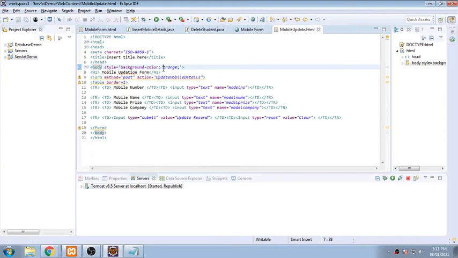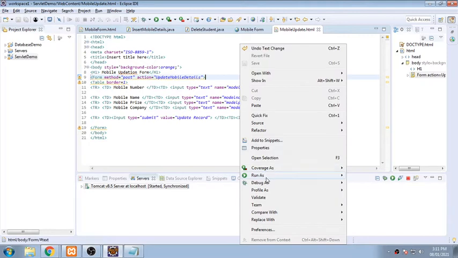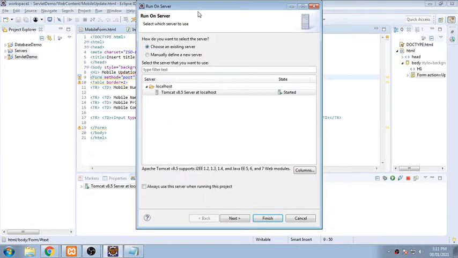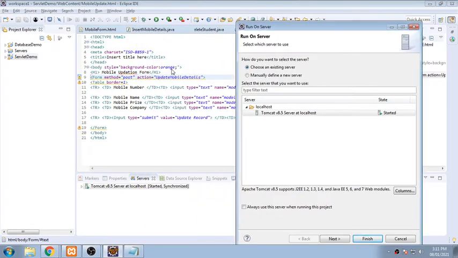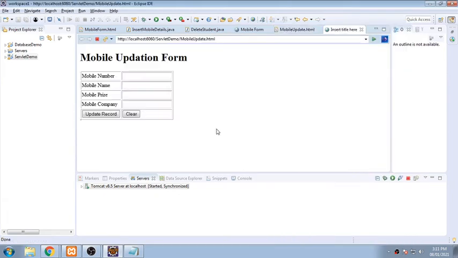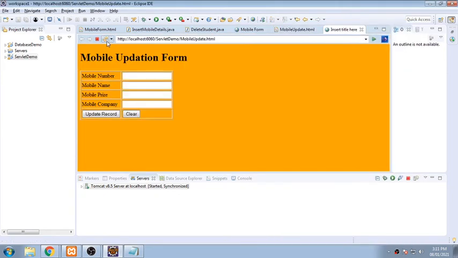It is not accepting the direct values. Previously it was accepting, now it is the fifth version, so we need to write everything into the style sheet, then only it will be working. So okay, it is there. Okay, the orange color is there, and now we will be adding something.